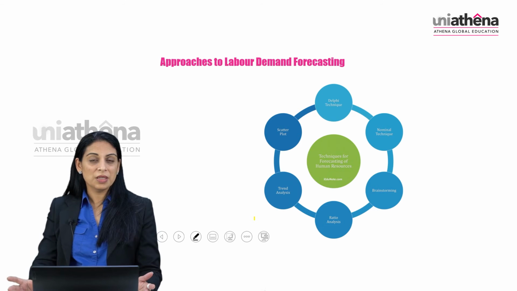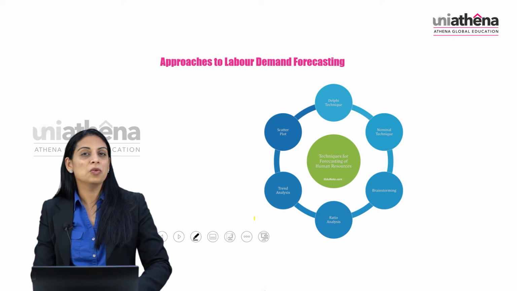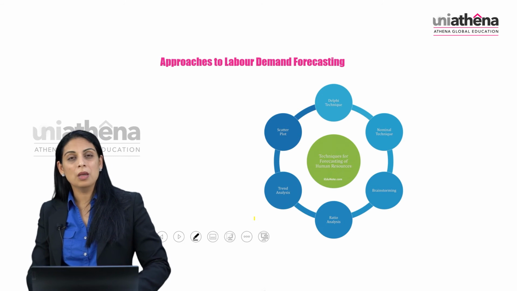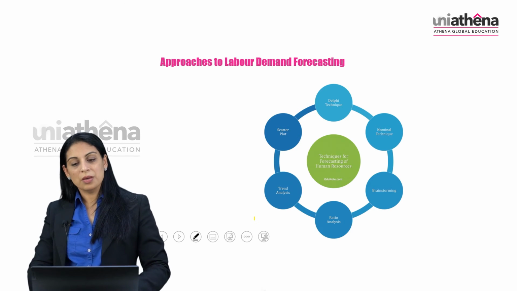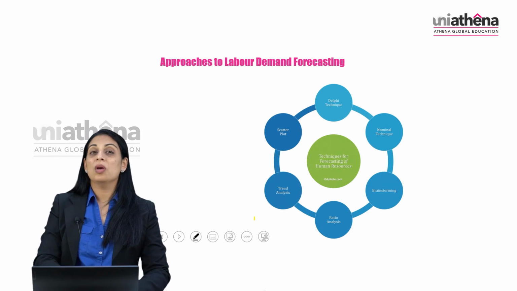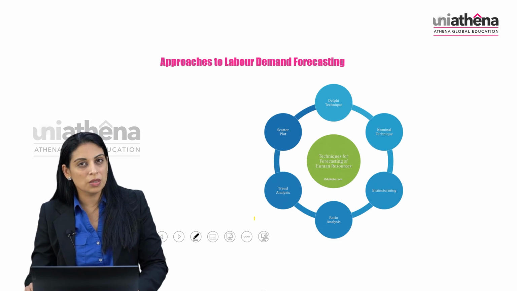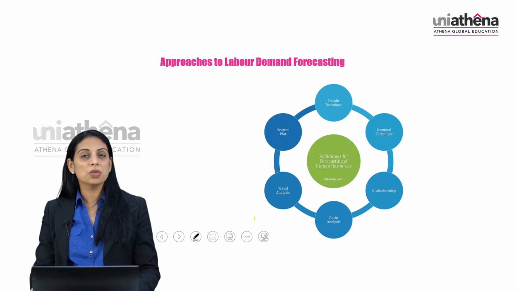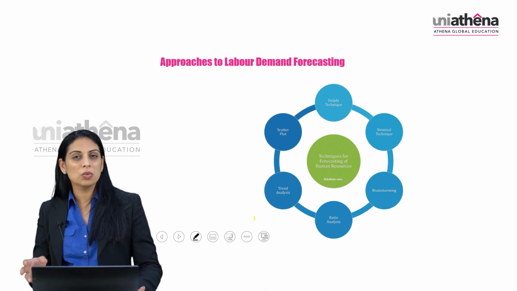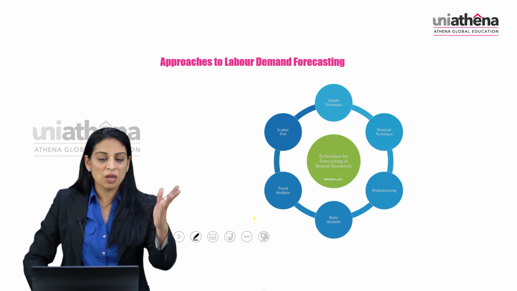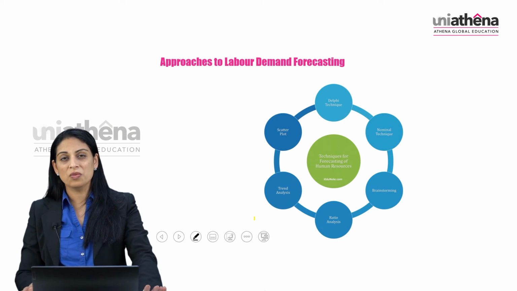There are various approaches to forecasting the demand and supply of labor markets. You can use the Delphi technique, where you have just a few people, the key stakeholders, and you interview them, or you get an expert panel and you ask them what their ideas are. You can have the nominal technique, where you have a greater number of participants taking part in your surveys and telling you what the demand and supply of the labor market in the future could be. You can have brainstorming sessions with various people in the organization and outside. You can have ratio analysis. You can have a scatter plot where you have 2 variables.